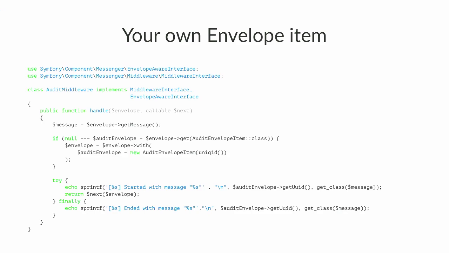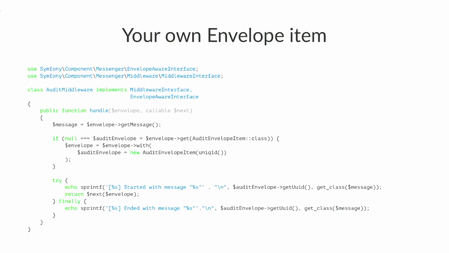Now, you can create your own audit envelope item. And the use case that I mentioned was, really, you've got all this log that's fantastic, but you don't really know how to match the two different log files, right? So you've got some logs that say this message has just been dispatched, and you've got somewhere else this message of this type has been consumed. But what you want is to have a sort of correlation identifier. Or you want something that's much more related to your logs onto your actual infrastructure to be able to match the both. And that's where you can create your own custom envelope item.